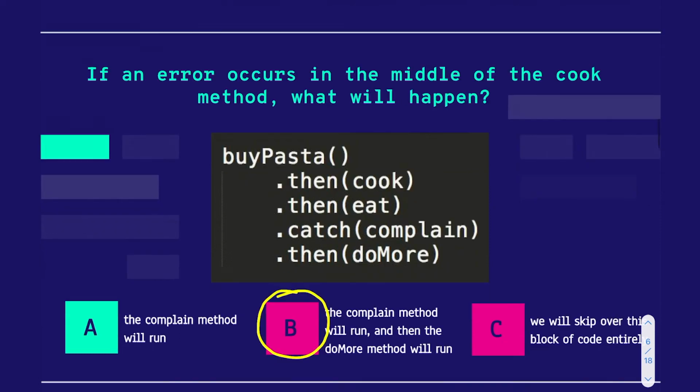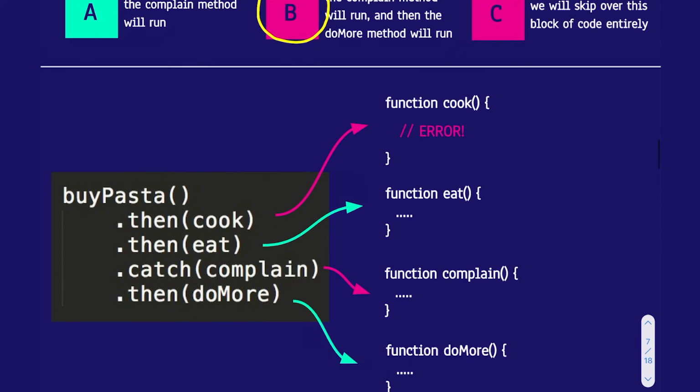So just like before, we've got this error in the cook method. What that means is we're going to skip over the eat method and we're going to run the complain method, which is, we're not doing step 2 if step 1 had an error in it. We're going to move down to our error handling function, which is complain. However, what's different here